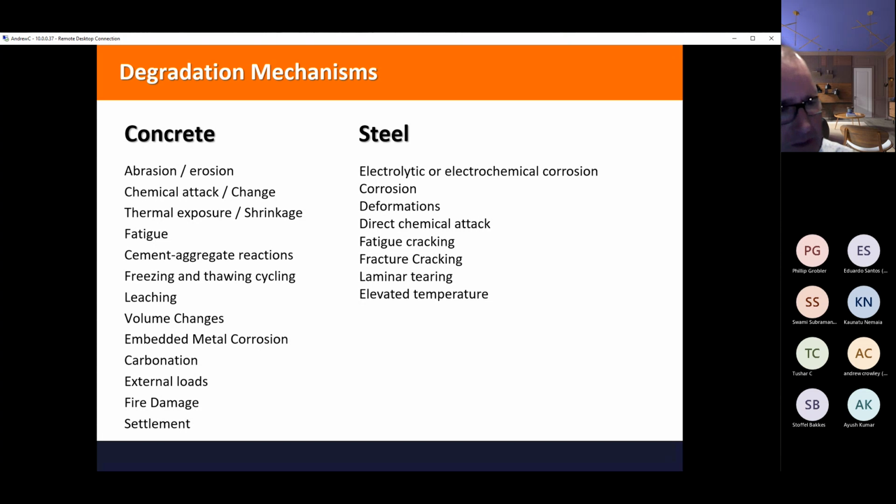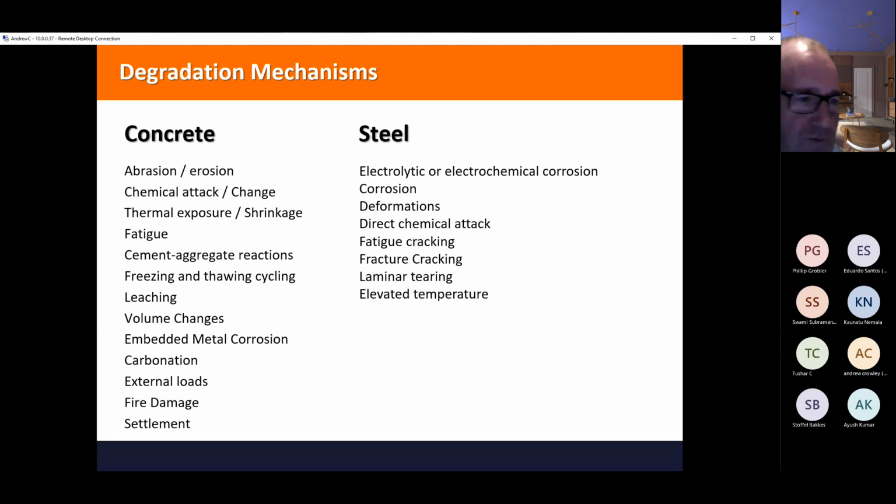In case you don't know, it's where carbonic acid, which is a combination of rainwater and carbon dioxide, pours onto your concrete, and it turns it from an alkaline environment, which protects your steel, to an acidic environment, which doesn't protect your steel, and therefore your steel underneath starts to rust.